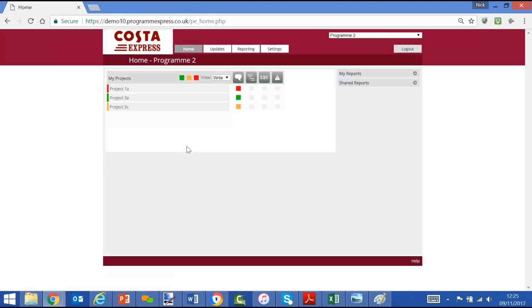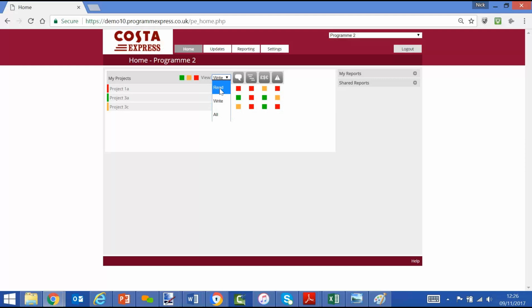that restricts them to the number of projects they can see on the front screen from an entry perspective, because these are the projects they're expected to update, and restricts the modules that they are expected to update. So only 4 modules here are expected to be updated: commentary, plan, costs, and risks. So you can configure different users to view different projects and different modules. If they want to have read access, they can do by toggling through to the projects that they have read